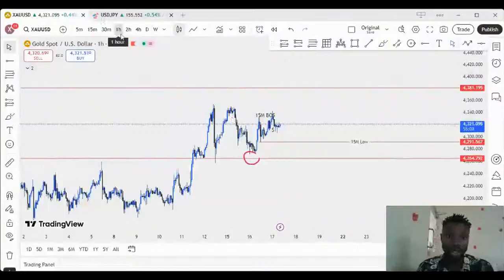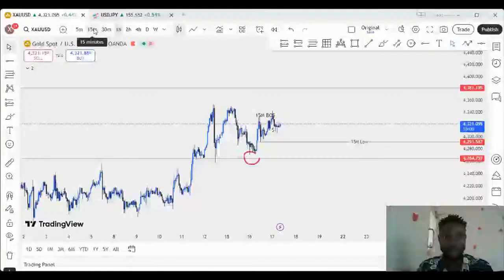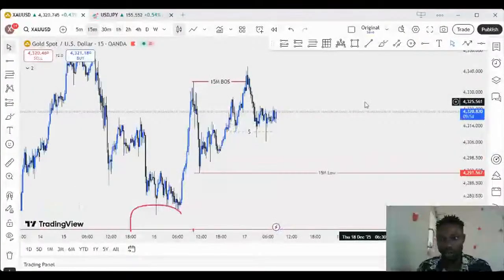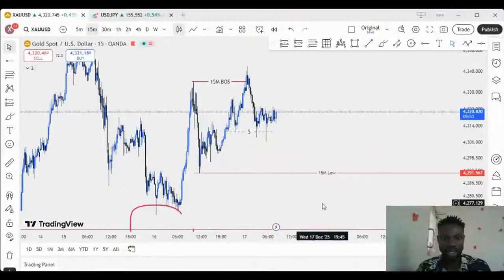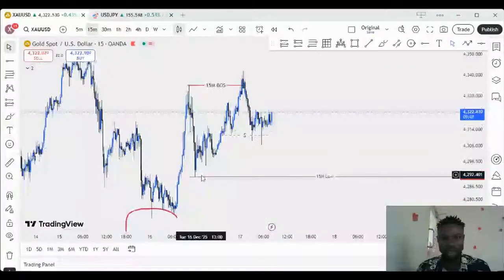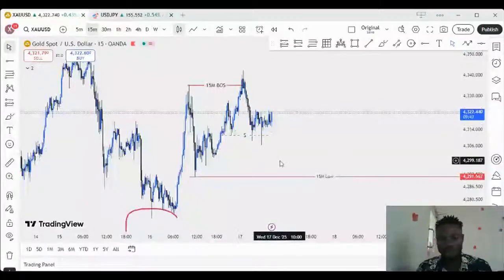Because I don't trade on 1 hour, I only trade on the 15-minute time frame. Let's look at what the 15 minutes has been saying. Now, the 15 minutes has given a very nice price action. As well, you can see this is a 15-minute break of structure. The market has already started moving here, which is a 15-minute low breaking this structure. So what we are having here is just a retracement movement back to this area. We can see that it has swept liquidity. So let me go to 5 minutes. Maybe we already have an entry.